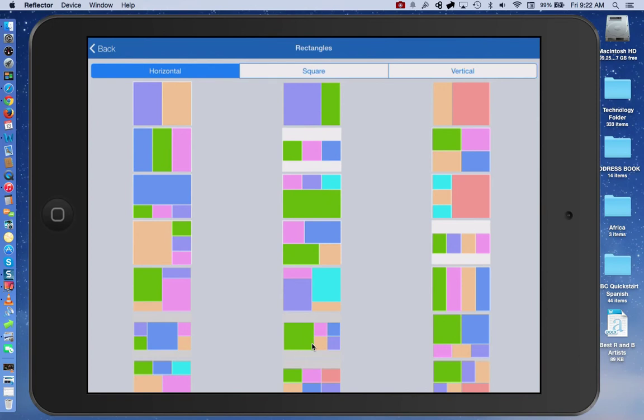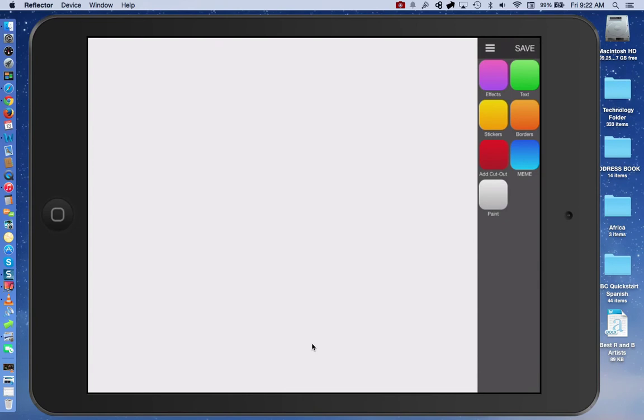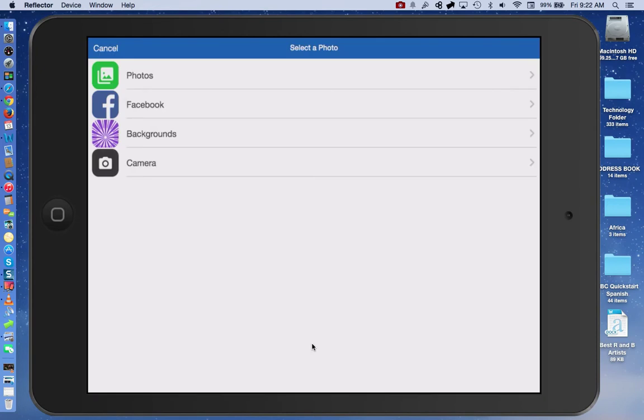Okay, so let's click on that. And let's find different pictures that we want to add. So let's click on one of those squares. Let's click on Photos. See, photos are up here. Okay, so we'll click on Photos,